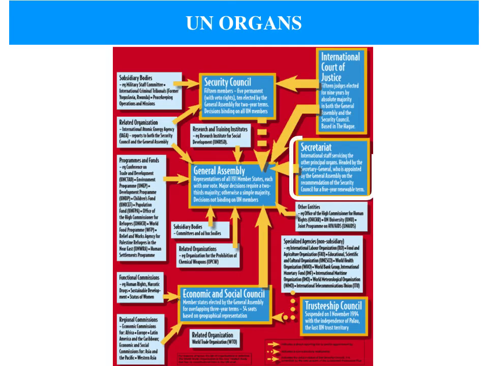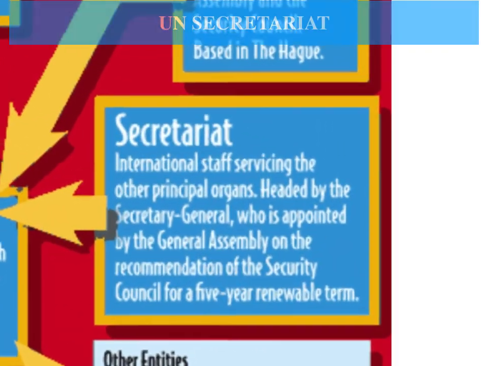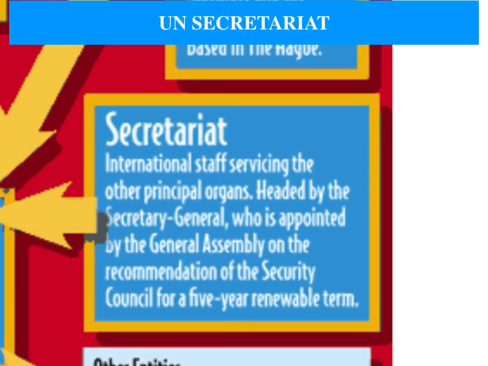And then we have the Secretariat. The Secretariat is the permanent office of the United Nations. It is composed of tens of thousands of international UN staff members and the Secretary General. So Secretariat basically means thousands of international UN staff members and a Secretary General. These staff members are recruited internationally and locally, and they carry out the day-to-day work of the United Nations and all the principal organs.